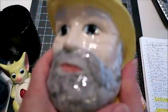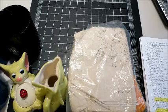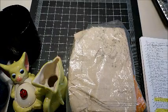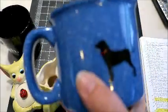Then I got this figural, I don't know, Captain, Mariner, Fisherman mug. I'll probably put all of those names in the title. There are a bunch of these on eBay, so maybe only like $8 on that. We'll have to see. Then I got 2 of these, and I've sold these in the past, so it's going to be easy to list them because I already have this